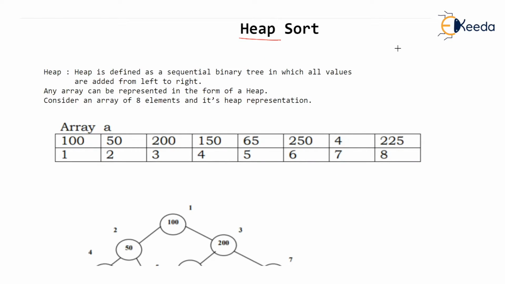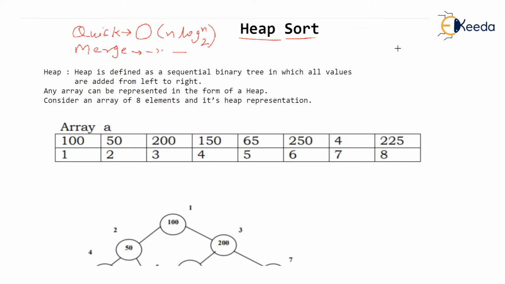Now in the past we have seen two very good sorting techniques, quick sort and merge sort. Both these sorting techniques work in big O of n log n to the base 2. Of course quick sort has a worst case of big O of n square when the array is sorted or in reverse order. But we can say quick sort on an average works in n log n to the base 2, and merge sort also works in the same order.